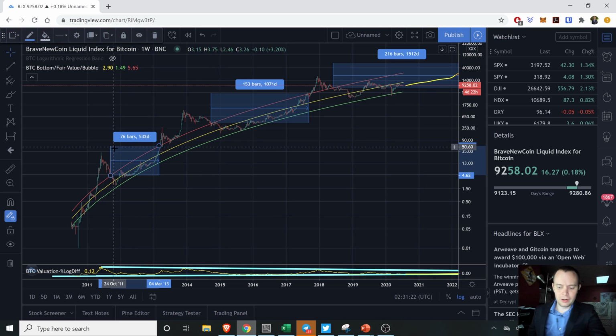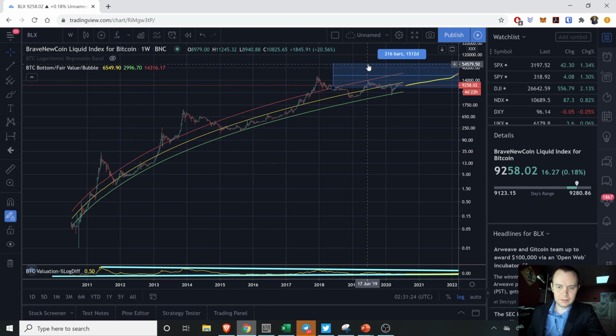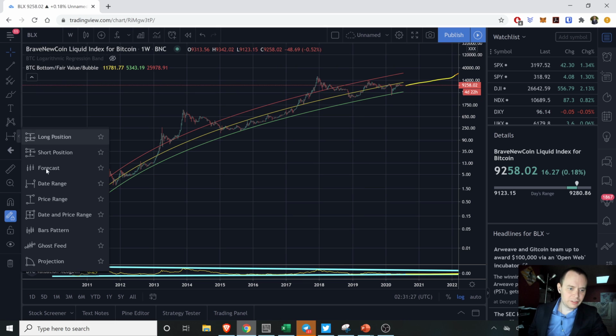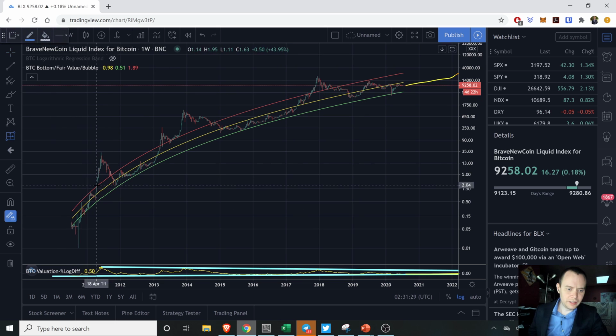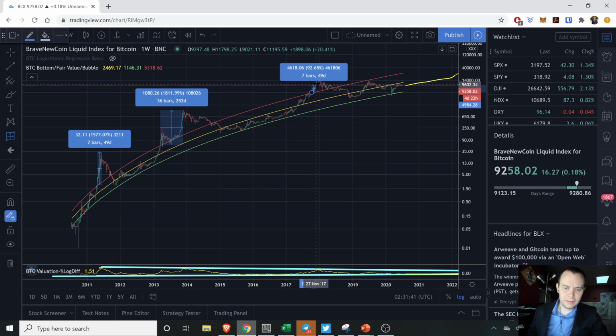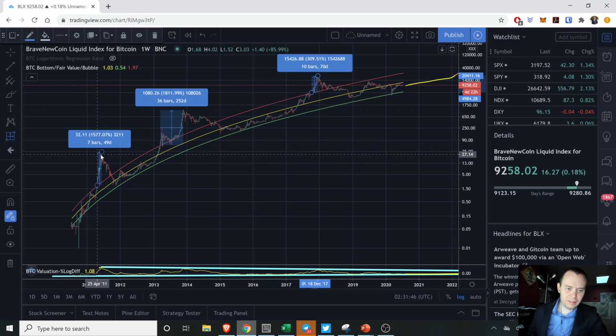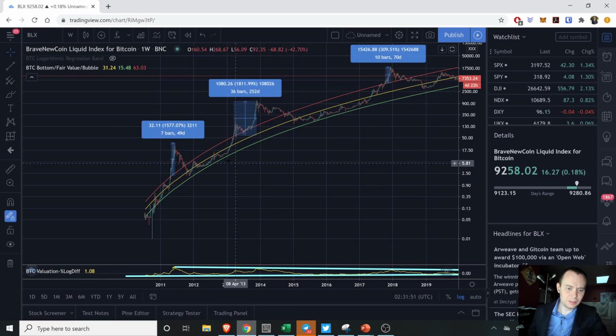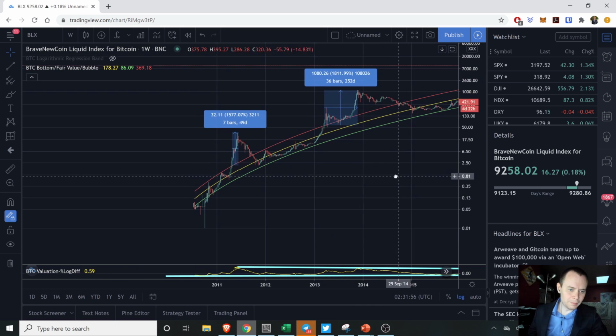One of the things too that I wanted to show, if we go ahead and delete these, is if we were to take a measured move here from when we broke through the red line to the peak. This one was around a 1,600% move. This one was around an 1,800% move, and then this one was around a 300% move. But remember, I'm not drawing it exactly to where it moved, because it only spent like a day there, so it might not necessarily show up that well.